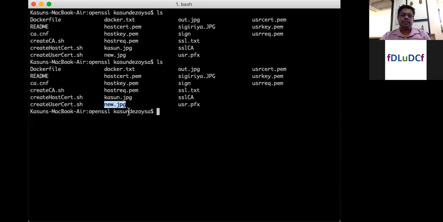Last week, I encrypted that picture and decrypted it and showed you. Today, I'm going to show you how to create a digital signature of the same file, or any file you can use. If you want to digitally sign, we have to use two keys, a public key